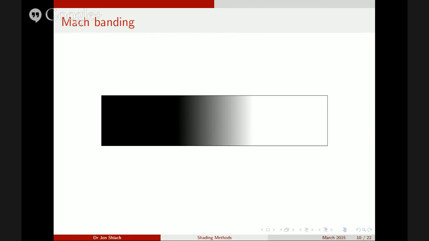And the reason why it is so poor? Well, this is a phenomenon called Mach banding. What I've got here is a bar, and I've shaded the left-hand side of the bar all black, so this is 100% black. The right-hand side of the bar is shaded all white. In between, the middle third is a gradual shading from all white up to all black. Now, Mach banding